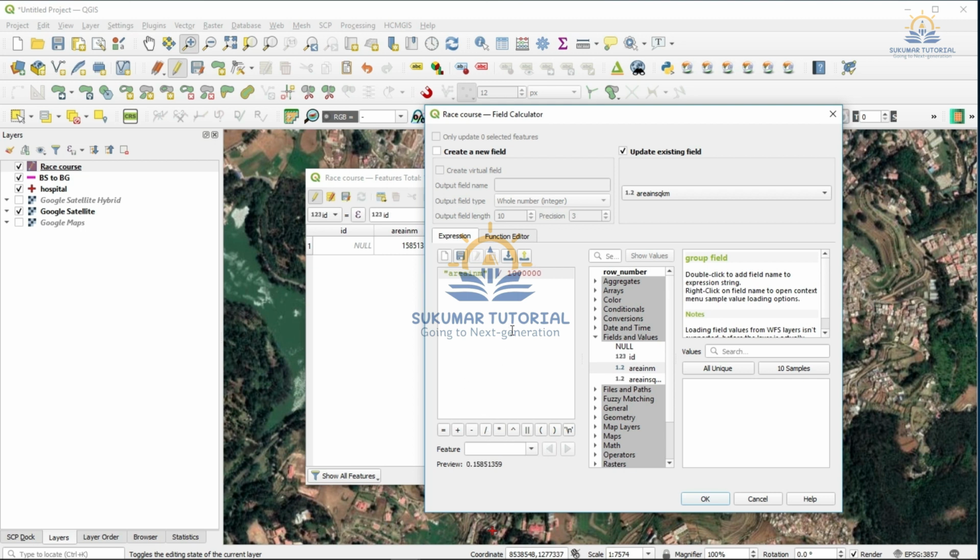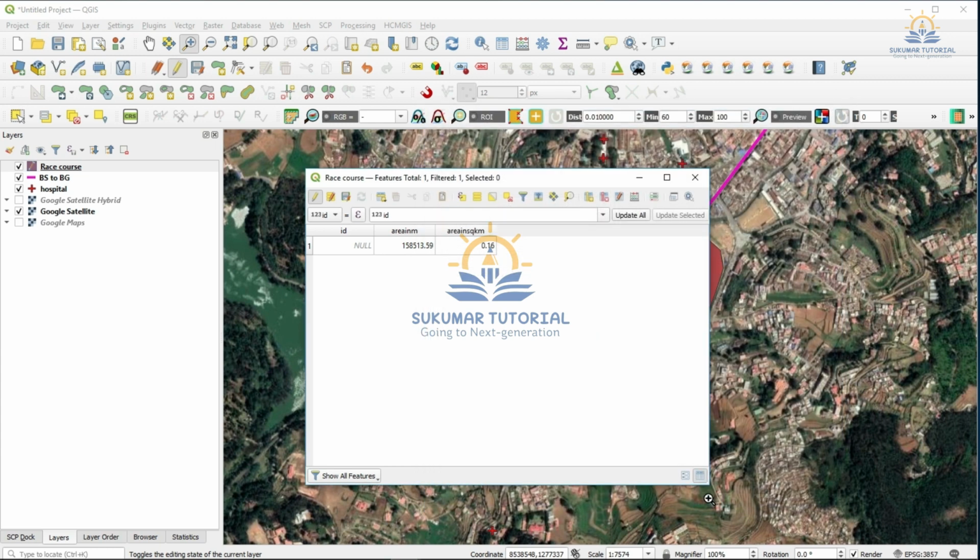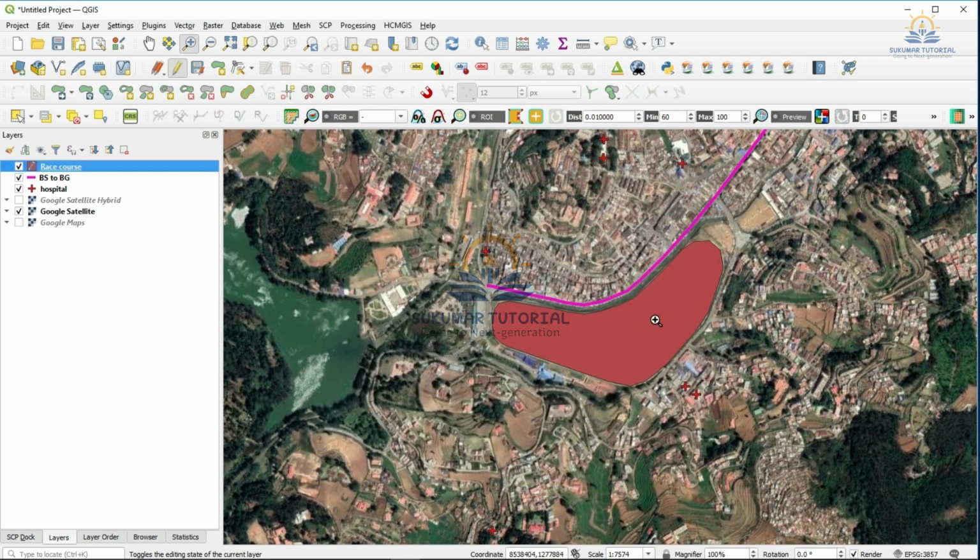Remember, divide this square meter by 1 million, say OK. See, it has come 0.16 square kilometer. This is how you have to calculate the area. You can also calculate the area in hectares, acres and everything. So square meter has come, and then I converted it into square kilometer. So this is how we have to calculate the area.